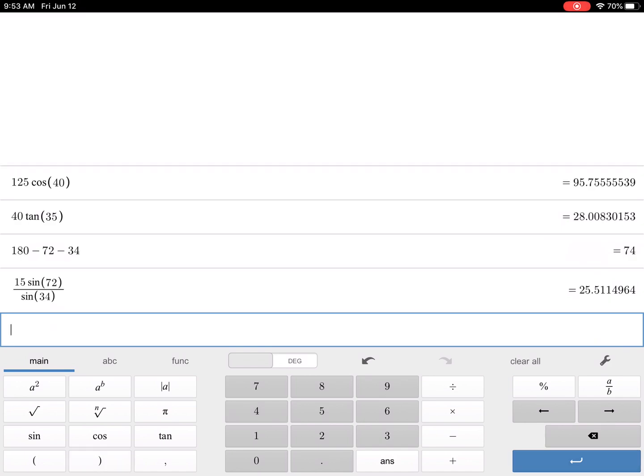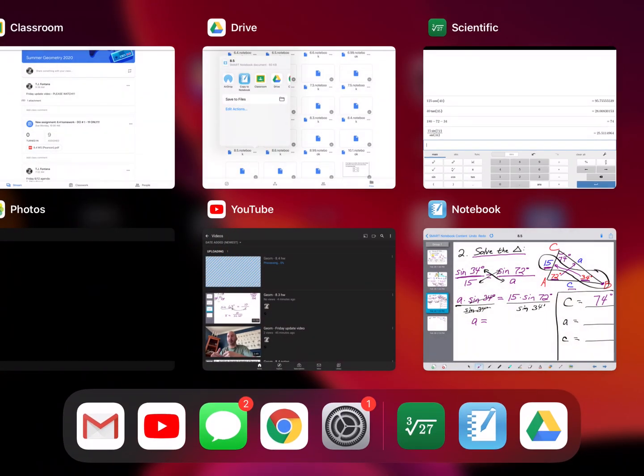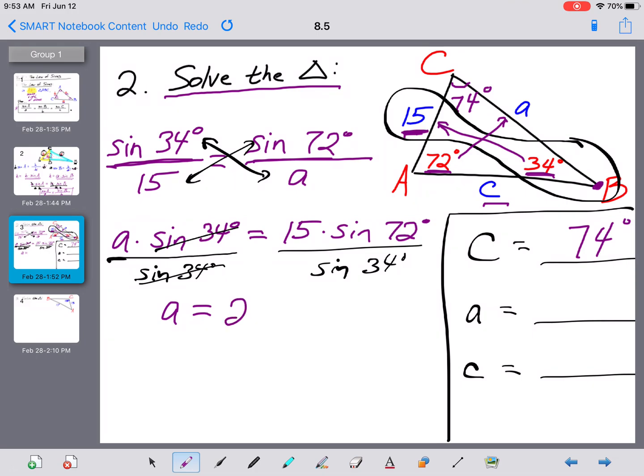Close that off and hit enter, and this now tells me that side A had a length of 25.51. Let me write that down, 25.51. Now, it's very difficult to verify this to find out if that answer is correct or not, but I'll